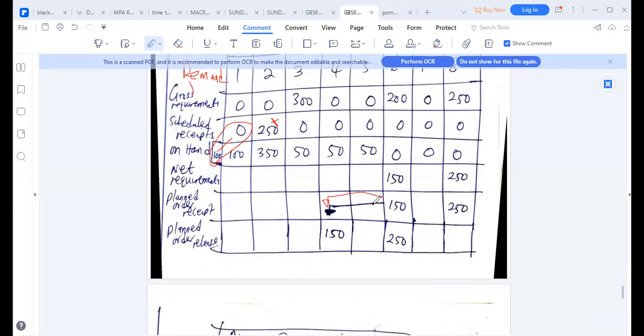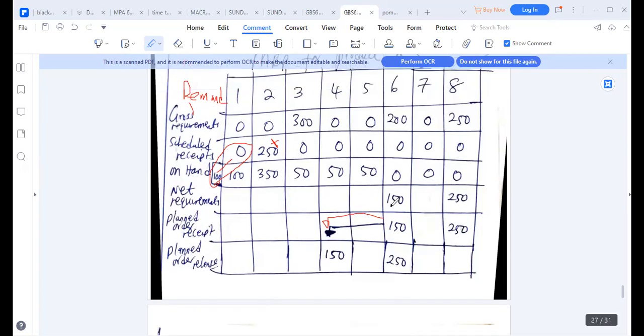Yes, please. Yes, I think I am a little bit behind. We ended on the planned order receipt. Yeah, on the 250, how we got the 250 that was supposed to plan for the order of the 250. I think from there, on the planned order release, I'm not very sure how you managed to get that one. Okay, all right. So what happens is